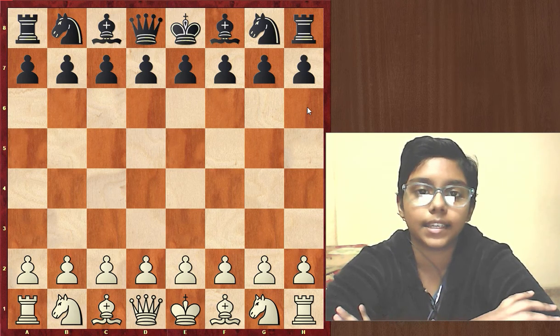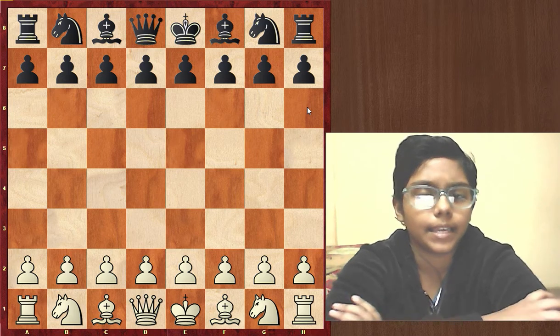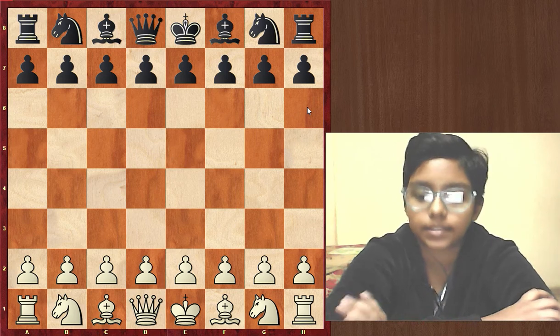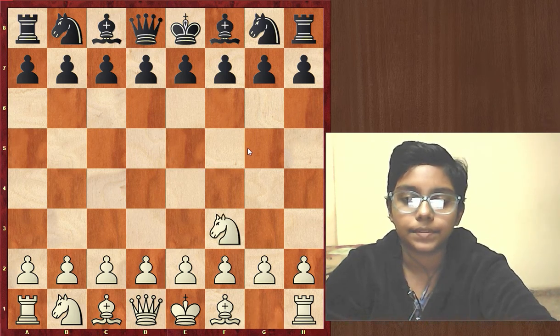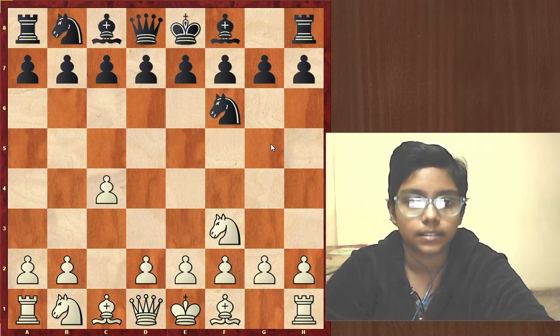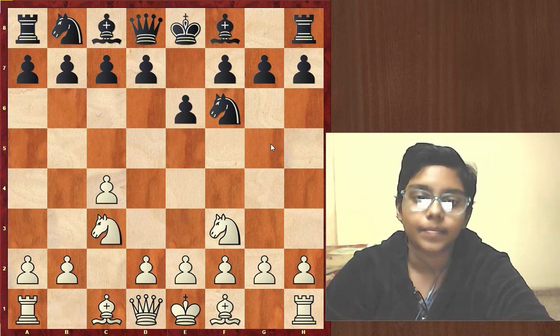Today we are again starting with our my favorite game series. In this video we will learn an amazing game between Mikhail Tal versus Gladiator. So let's check out. Tal opens with knight f3, Keller opens with knight f6, c4, the English opening, e6, knight